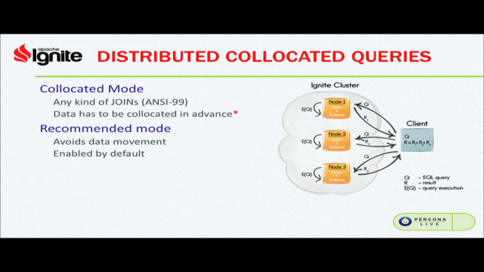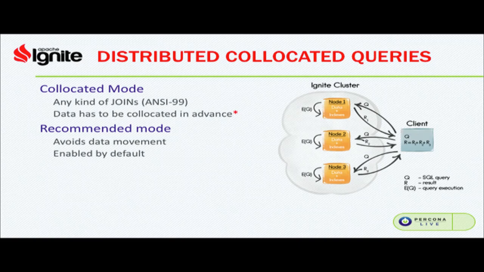And having such a reference, we will place an employee, let's say from Apple Corporation, on the node where the record of Apple Corporation is located. And this gives us an ability to execute distributed SQL queries with joins in this collocated mode. And as you see, when the query arrives at every node, it's just executed right away,